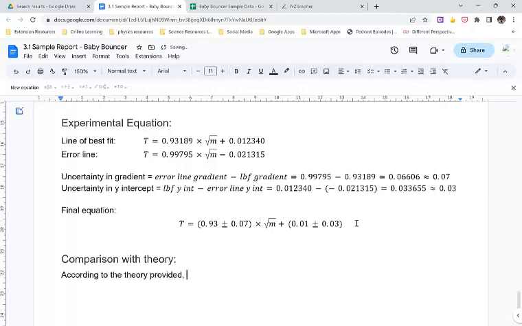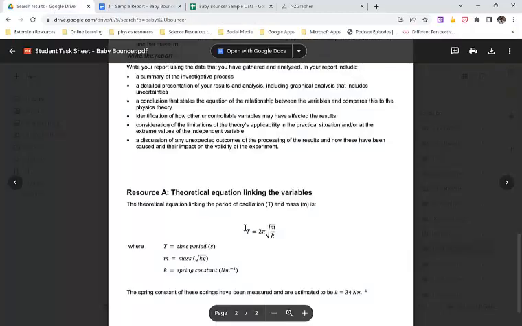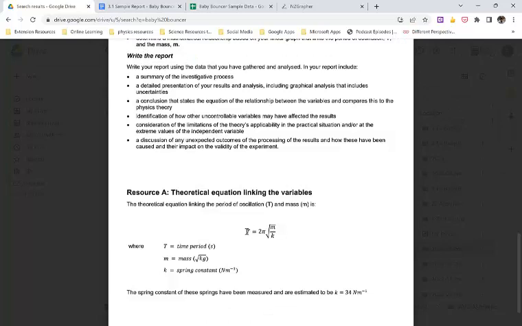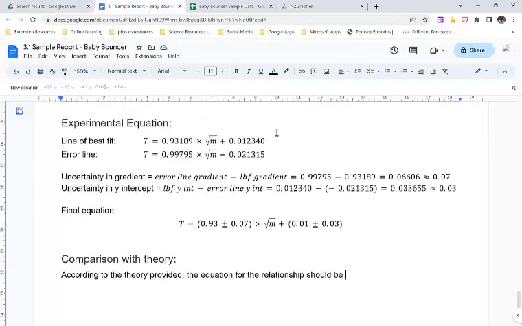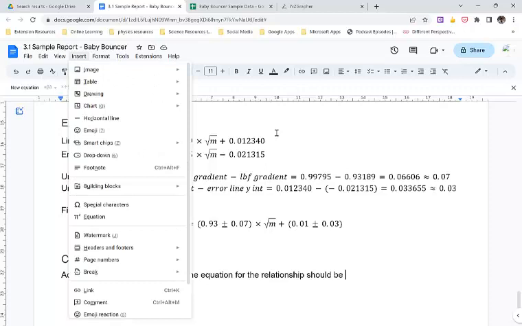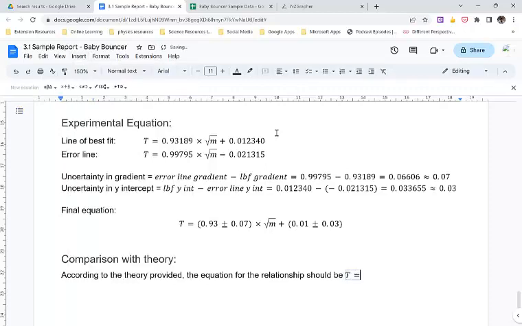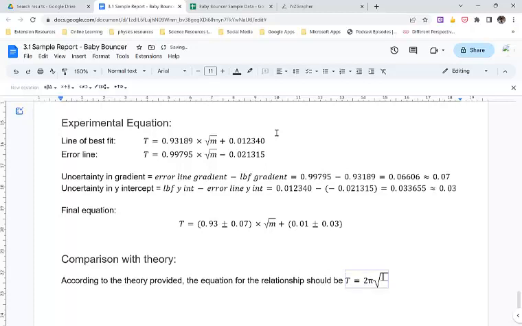theory provided, the equation for the relationship should be, and what was it? It was in here. It was T equals 2 pi square root m over k. So let's write that in here. Insert an equation: T equals 2, then backslash pi gives you pi, then backslash square root, then backslash frac for fraction, and it was m, and then I go forward arrow to go to the bottom, and k,